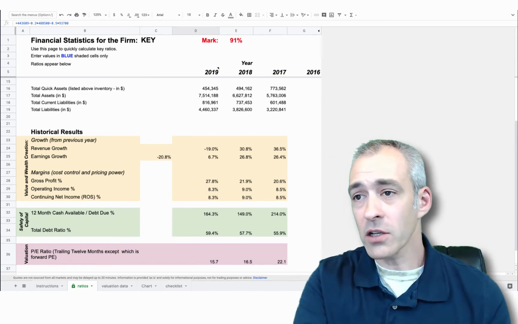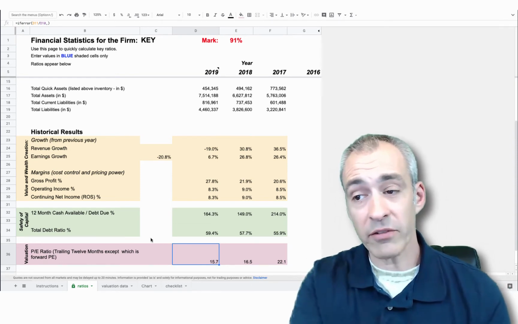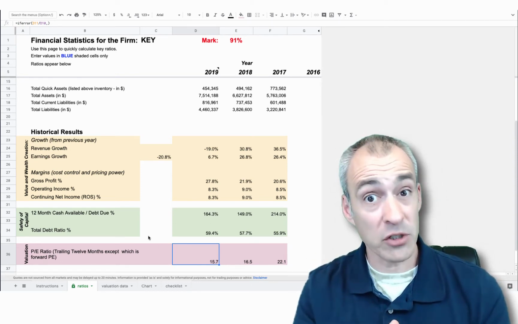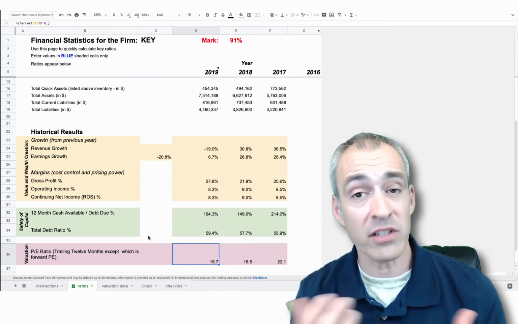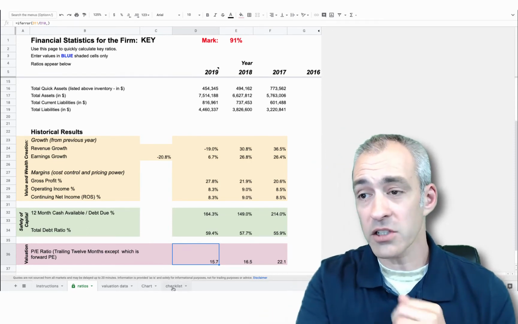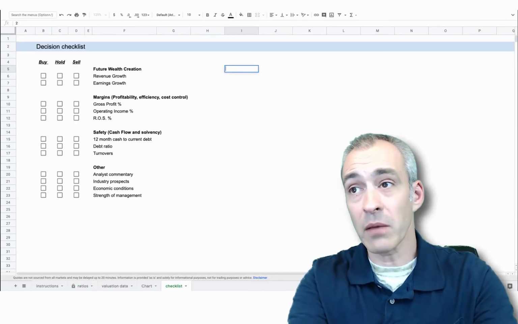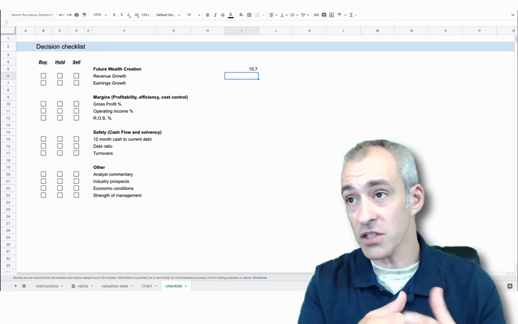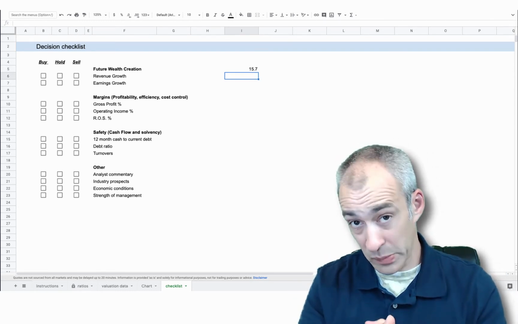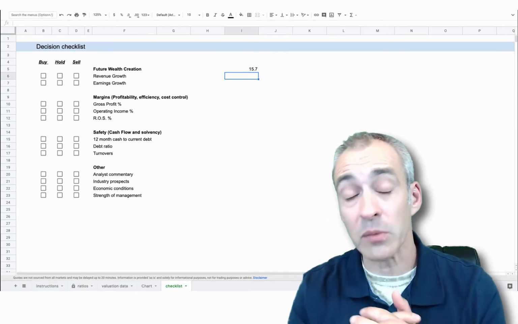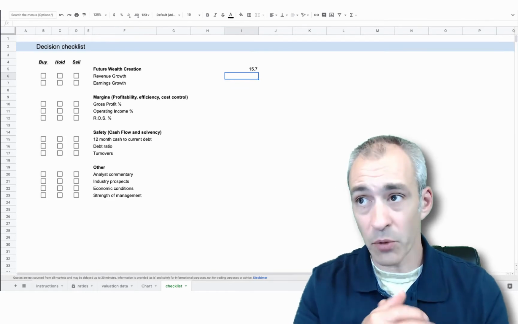So let's go with this one. Down here at the bottom, this 15.7. That's our multiple. That's how much you're paying for $1 of profit a share, 15.7 times that dollar. So I'm going to go to the checklist that I made, and over here on the side, I'll just do this quick calculation. We have a multiple right now of 15.7. And the question said, if the multiple stays the same, so what investors are willing to pay for $1 of profit stays the same, but the profit of the company falls. What should the stock price be?